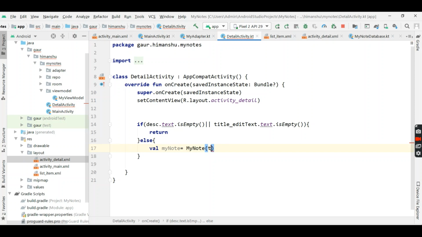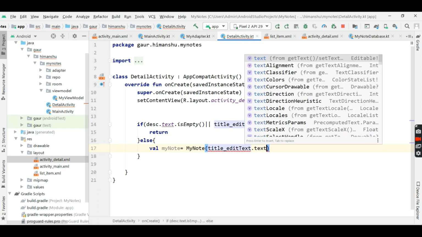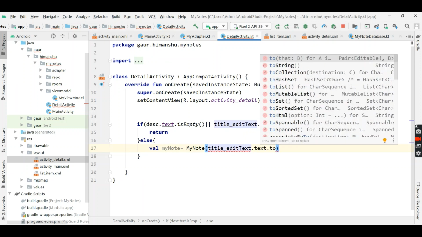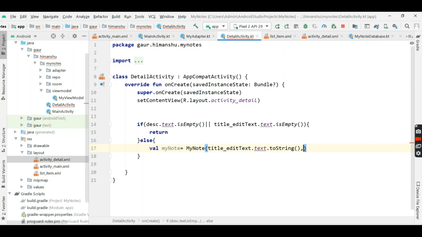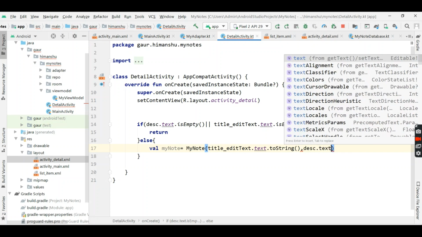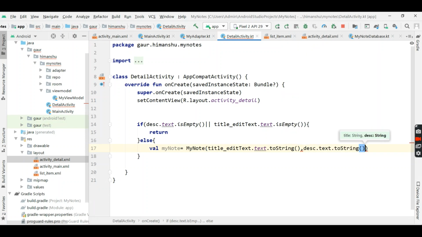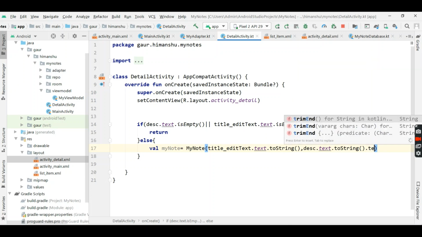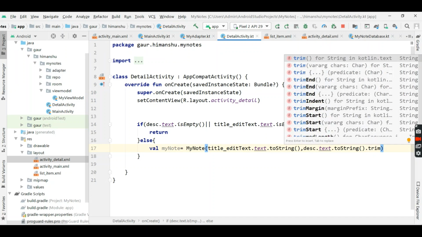So title edit text dot text dot toString, and second is our description dot text dot toString,